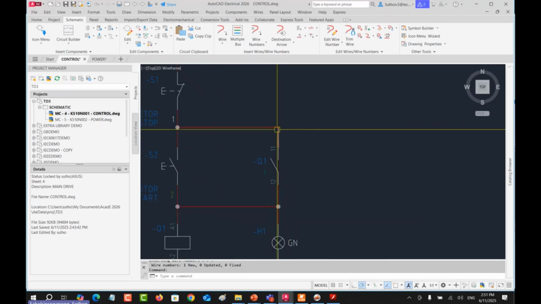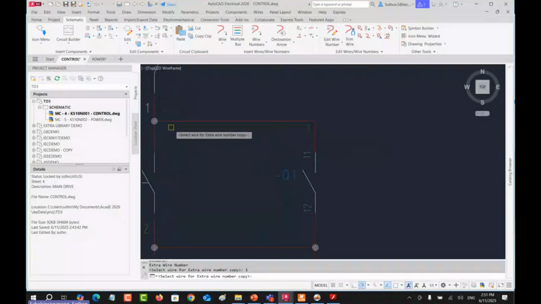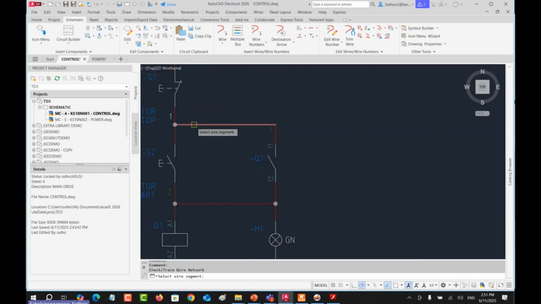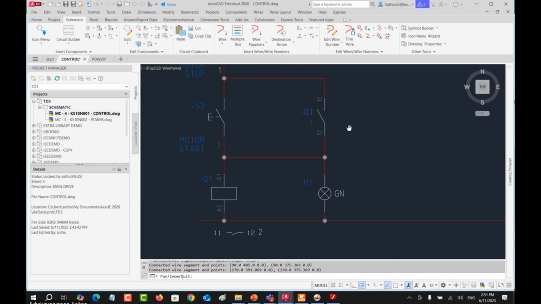And you want to know what wire number this one is. You can copy the wire number. It's still number 1. You can use the trace wire to check. It has been connected, so it should be the same wire number. Also, in this location as well, should be number 2. I will confirm by copy wire number.